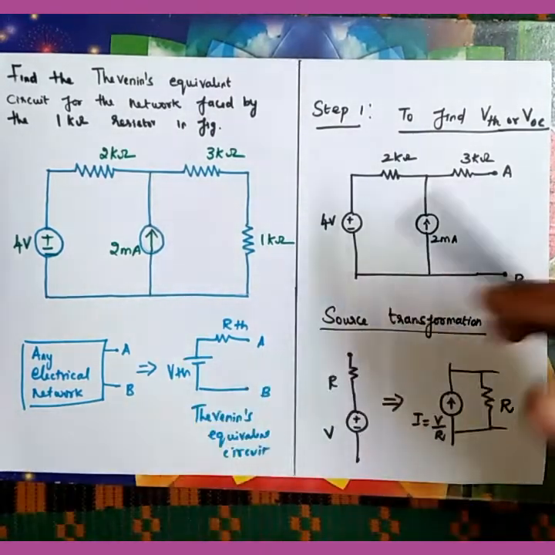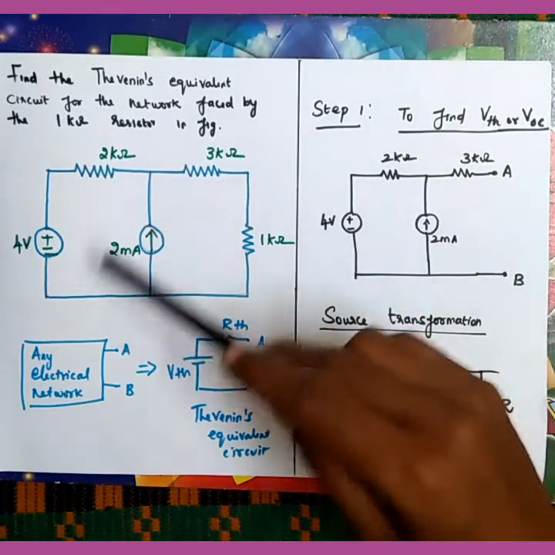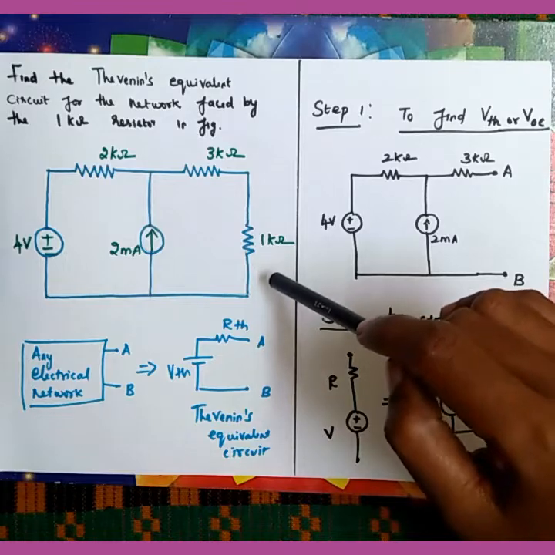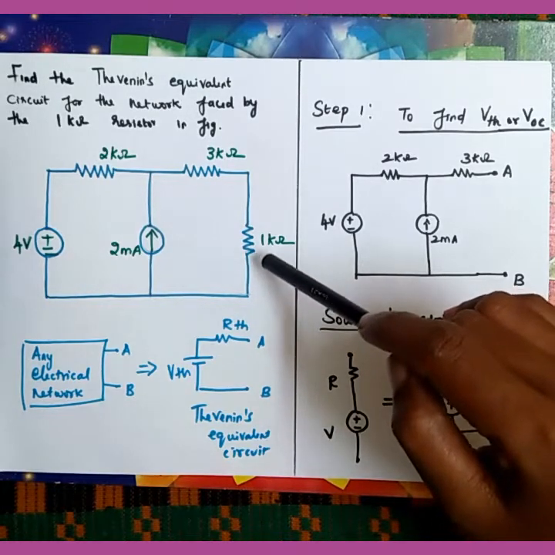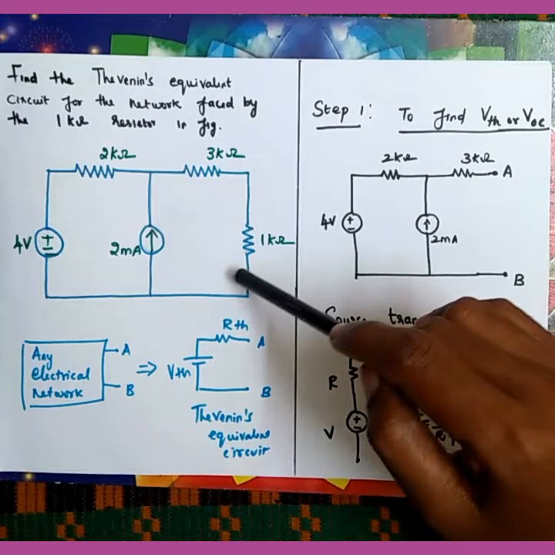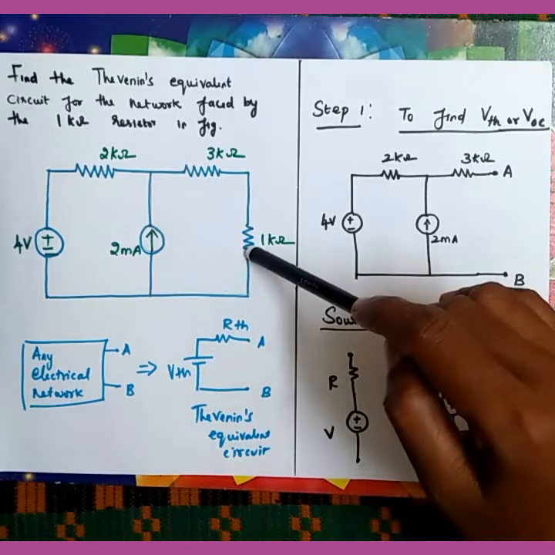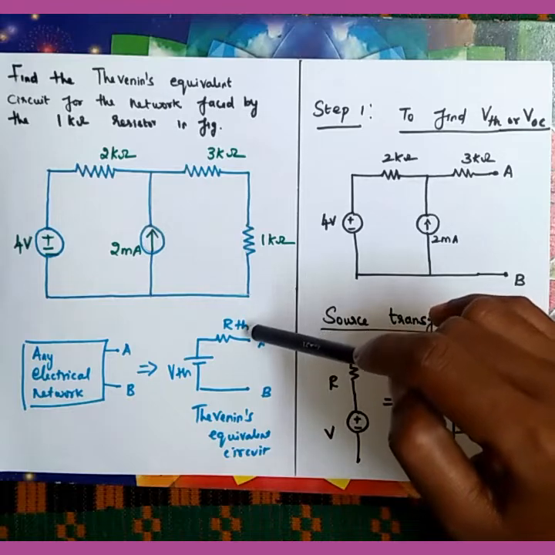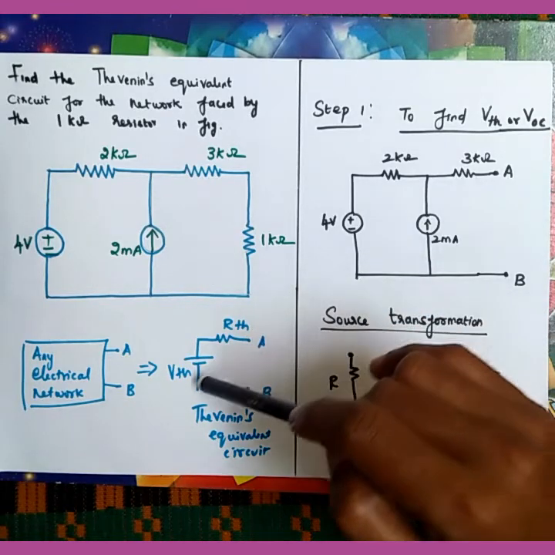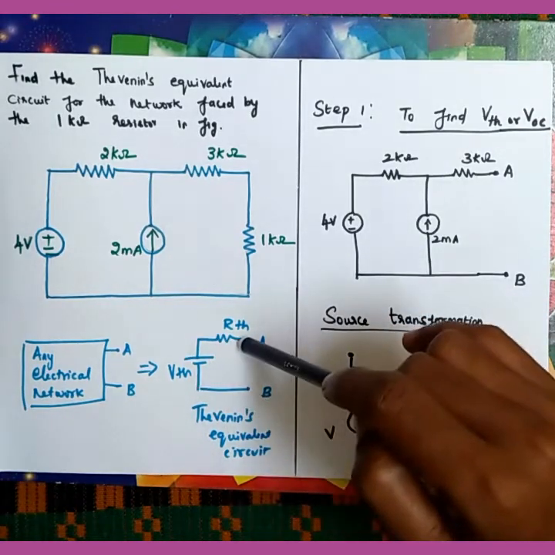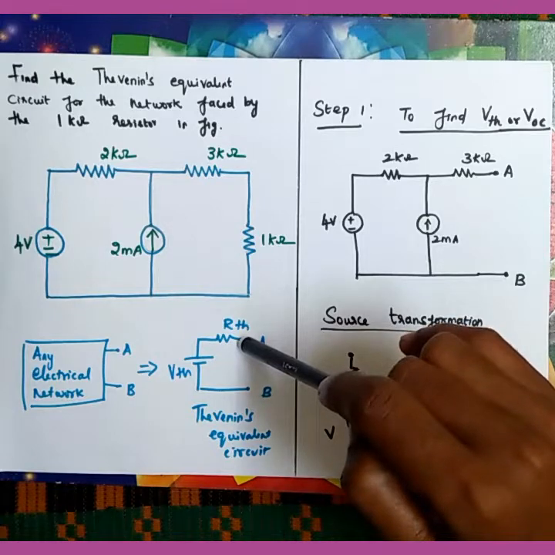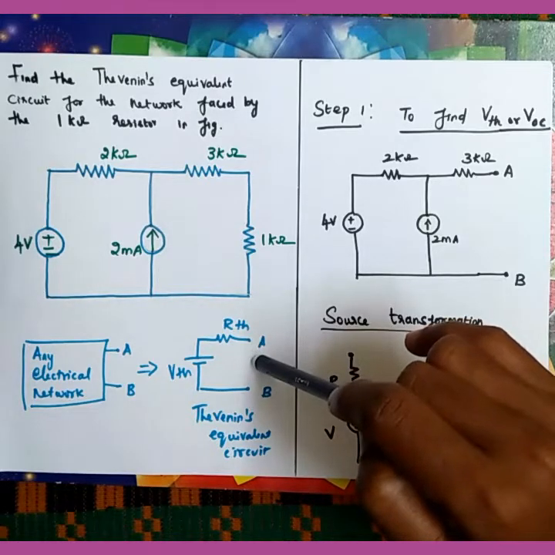In this video, I am going to explain how to solve a given electrical network using Thevenin's theorem. To solve any network using Thevenin's theorem, we have to transform the given network into Thevenin's equivalent circuit, which is nothing but a Thevenin's voltage in series with the Thevenin's resistor and the load resistor through which the current needs